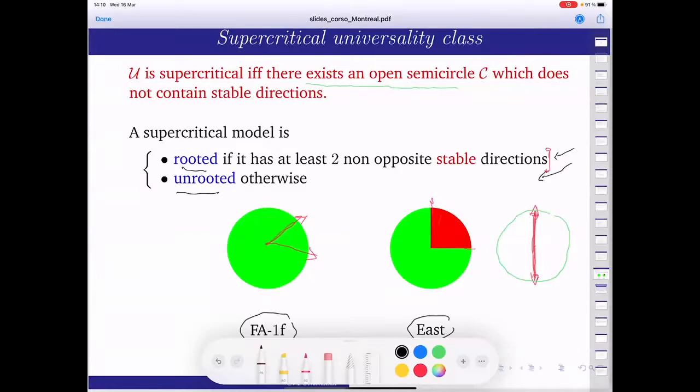meaning either models like FA1F, which do not contain stable directions. Cristina, excuse me. Yes. There is a question in the chat. Yes. This seems very specific to 2D, correct? In 3D, are all supercritical models rooted? Sorry, this is specific to? This is specific to 2 dimensions. To the 2 dimensions. Then, okay, there will be